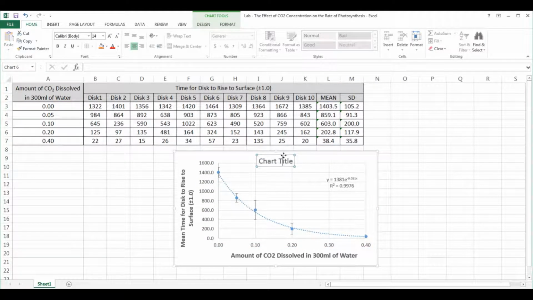But you will need to do one last thing here, and that is a chart title. Go ahead here and put a title. I'm going to let you pick the title because I want you to think about what is a good title for a graph of this nature. And again, make sure that you have your